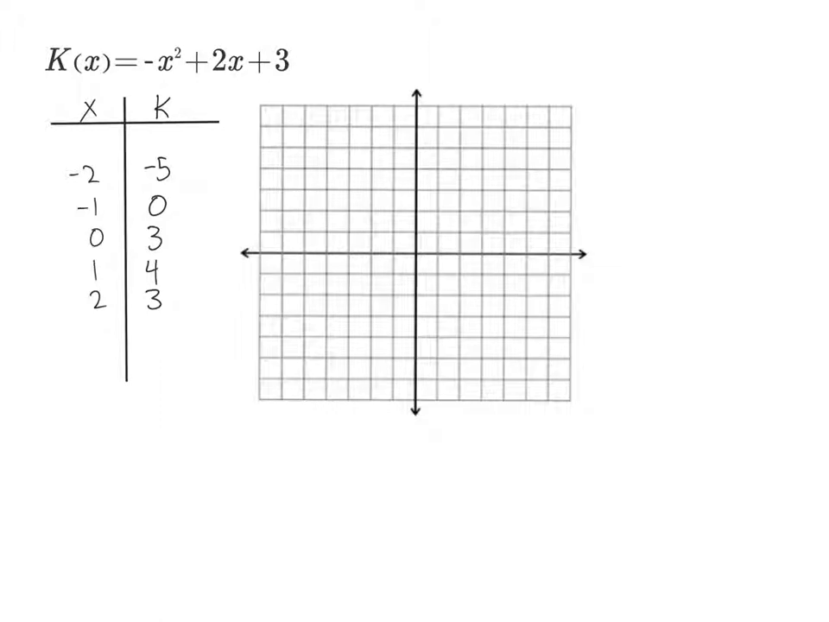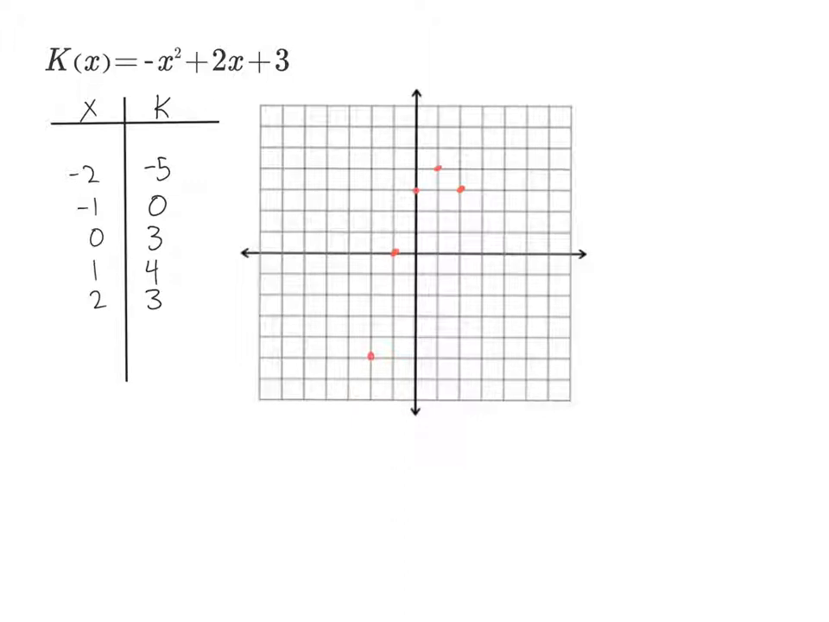Negative 2, negative 5 is right here. Negative 1, 0 is going to be right here. 0, 3 is right here. 1, 4 is right here. And then 2, 3 is right here. Now, if you notice, we kind of have a piece of what it might look like, but